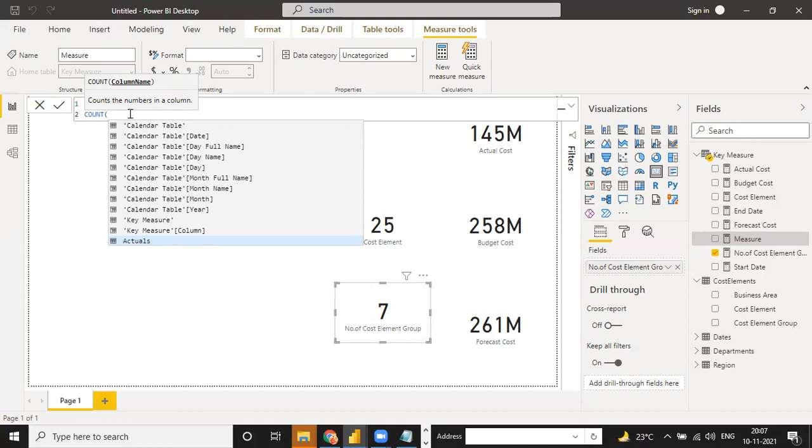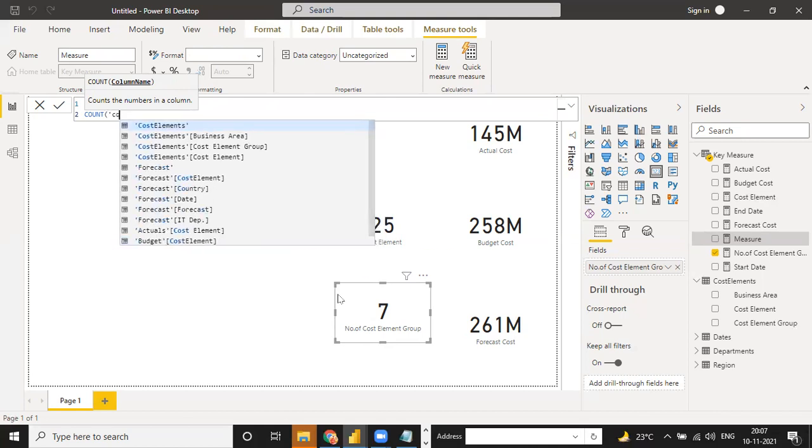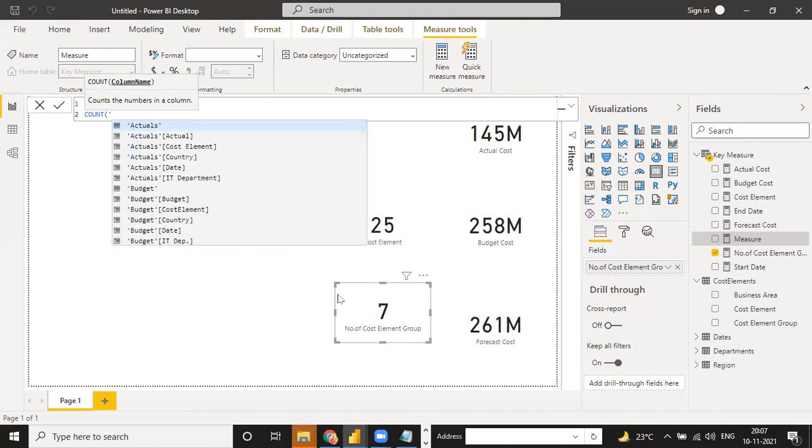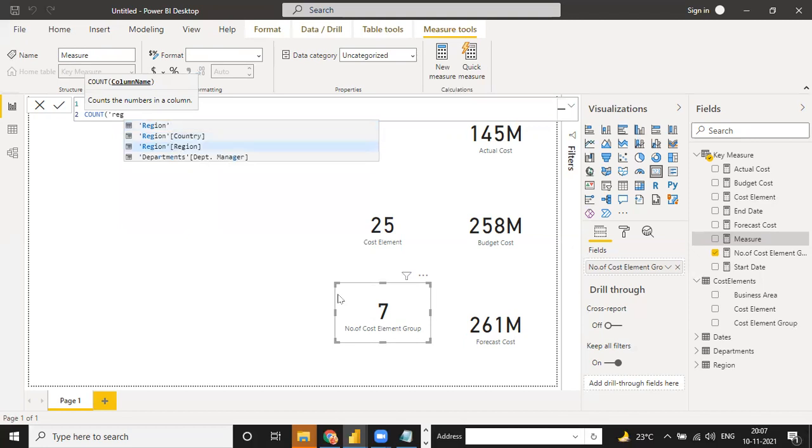It will not count distinct values, but distinct count will count the complete distinct values in the column. So count you can use, suppose cost element, or you can just count the region column. In the region column right now I want my country, so the total country I have, and I can change it here to total country.